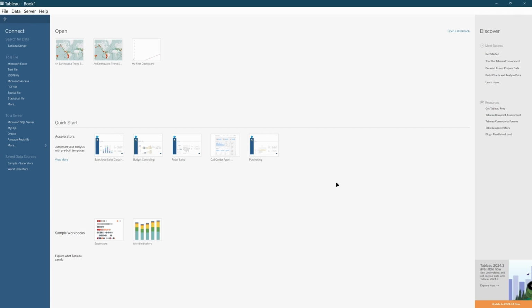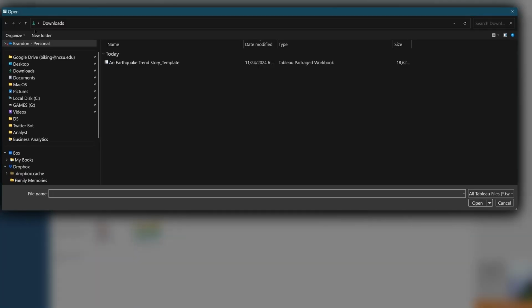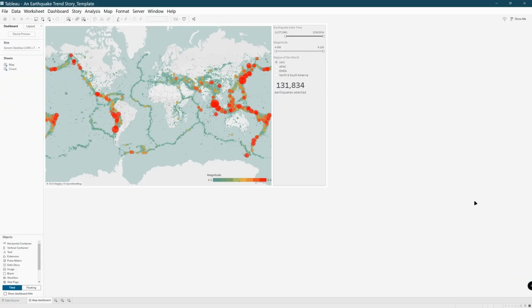First thing we need to do is make sure the template is actually downloaded. So make sure you download the template first. Then once you've downloaded it, you can open it in Tableau. To do this, you can navigate to File in the toolbar, hit Open. Right now, my template is stored in my download folder. I'm going to click it and then go to Open. Now I have access to the dashboard that was created and the template that was created so that I can